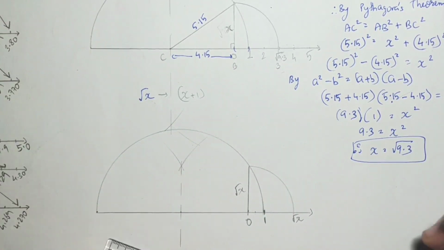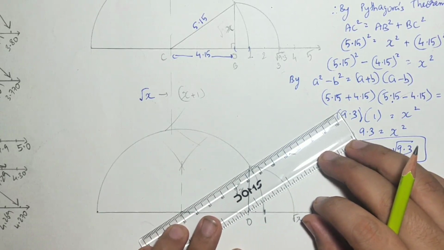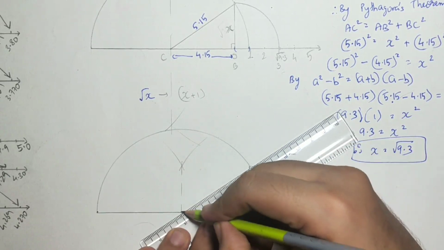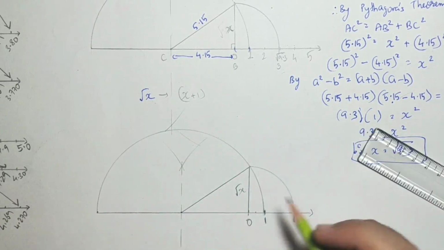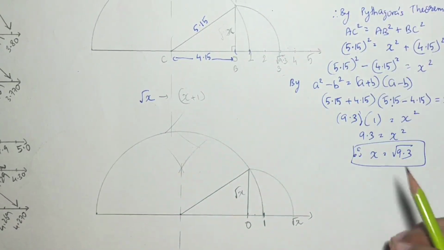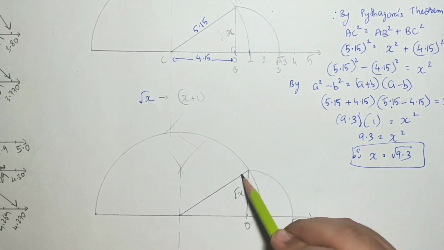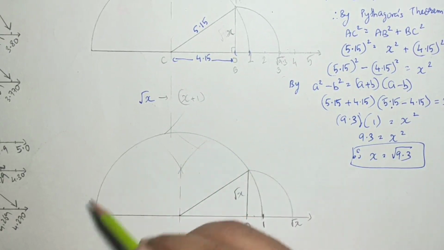Now again we have to justify. So for justification I need the right angle triangle. So I will construct a line joining the center to that point. Now for justification, I'm not explaining the whole thing but just the measurements we should know. What is this value? This is the radius.